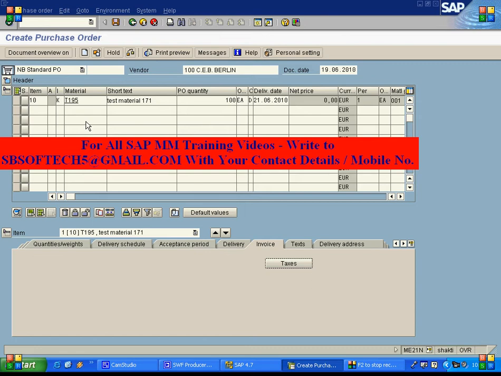So your prices are taken from the info record, which you will keep updating as and when you go on with the price revisions. So in a consignment PO there is no conditions tab, no purchase order rate. Okay, now I will save this.